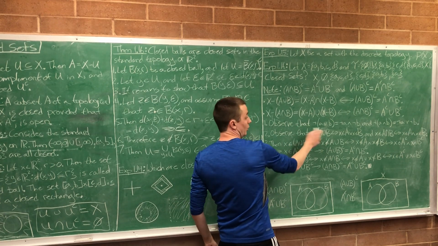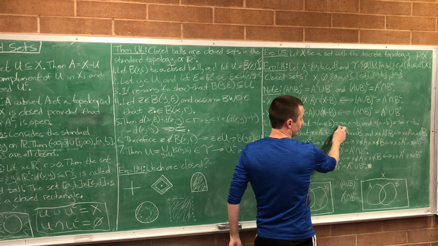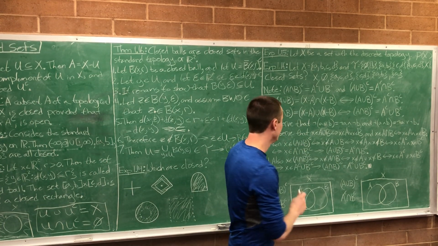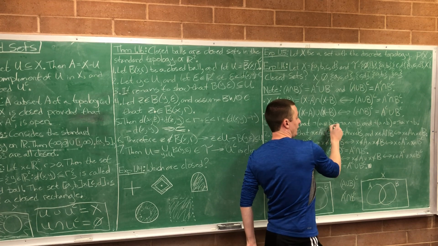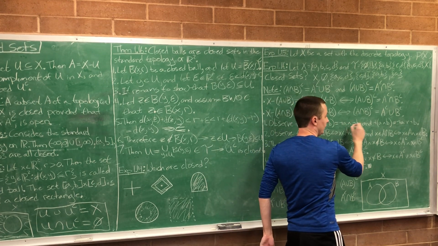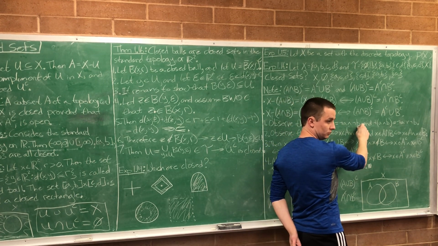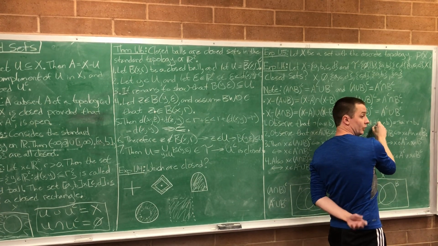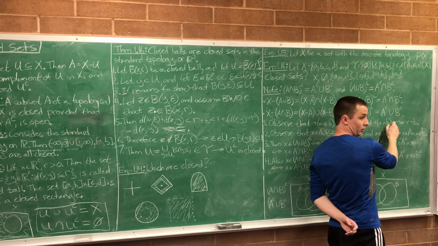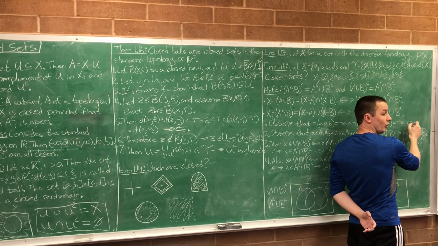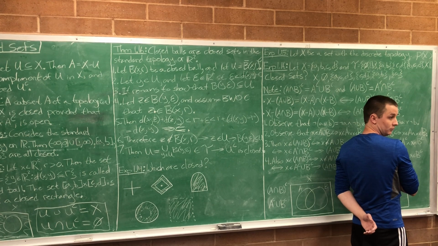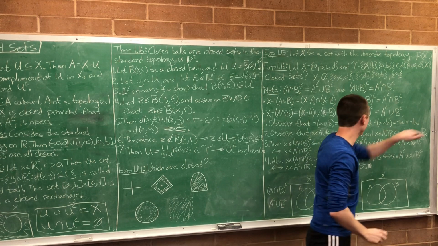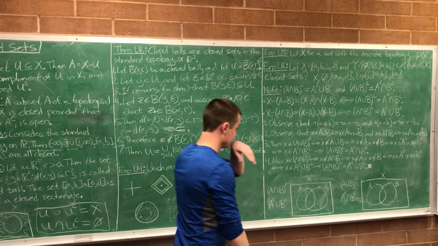Okay, so this being true is just a result of De Morgan's, going back to basic propositional logic. So observe that not (A or B) is the same thing as not A and not B, right? If you're not at home or at school, then you're not at home and you're not at school. Similarly, if you're not 10 feet tall and a girl, then either you're not 10 feet tall or you're not a girl. You might not be either, right? Both those might be false for you, but at least one of them has to be false.